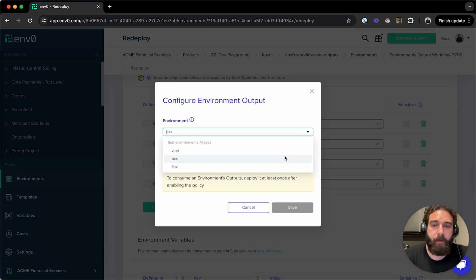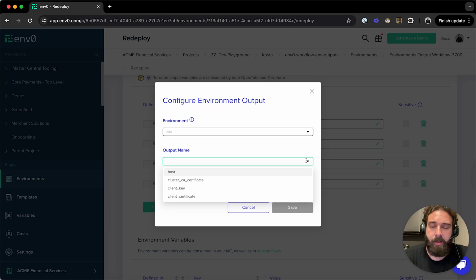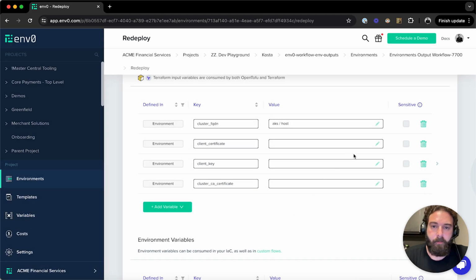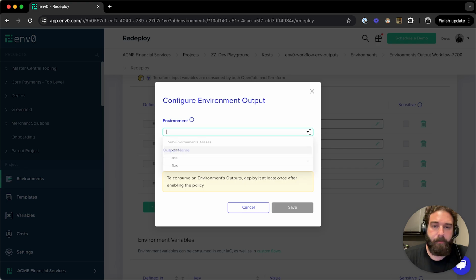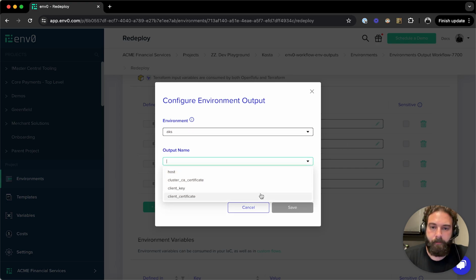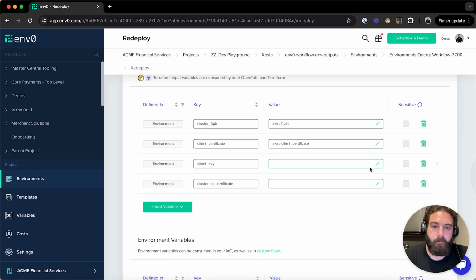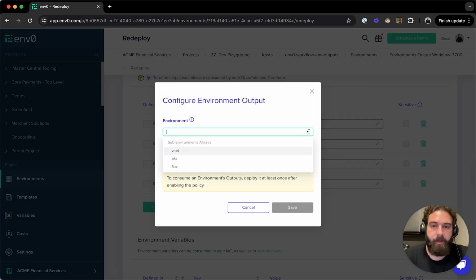And I'm going to reference them from the AKS client certificate, client key,